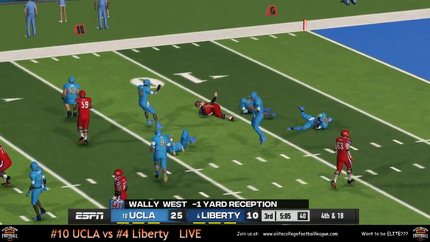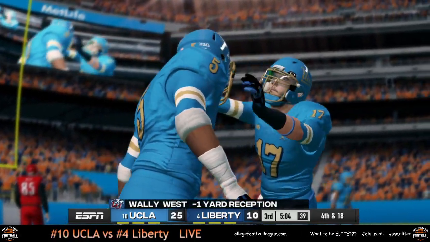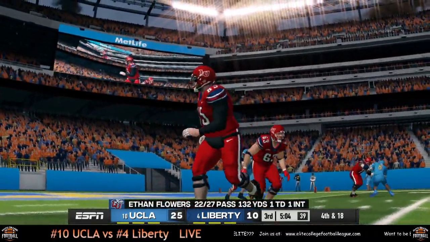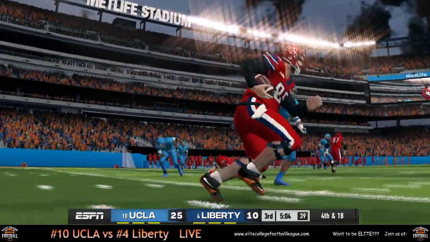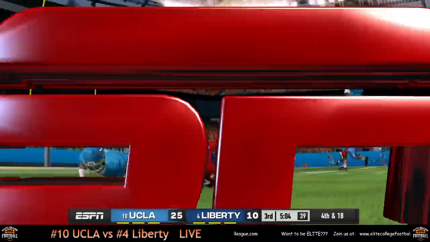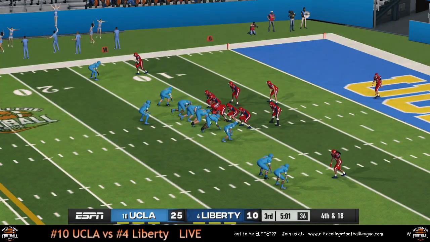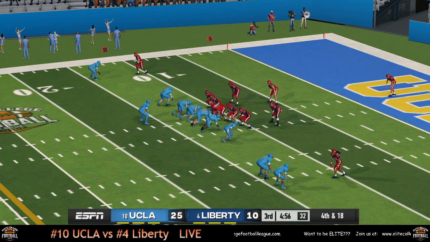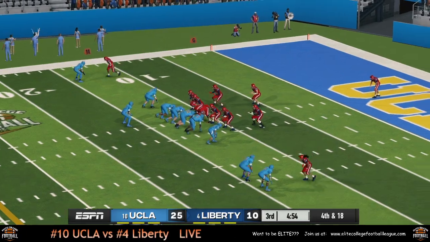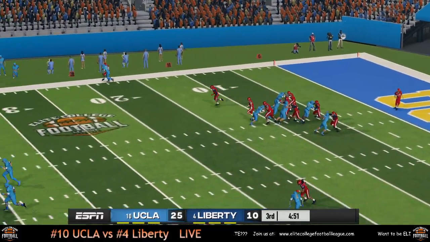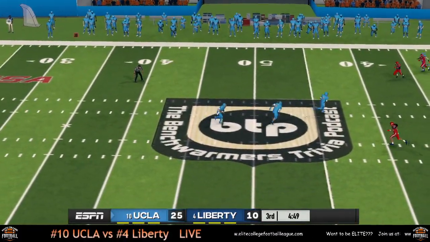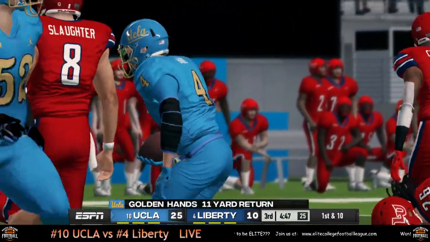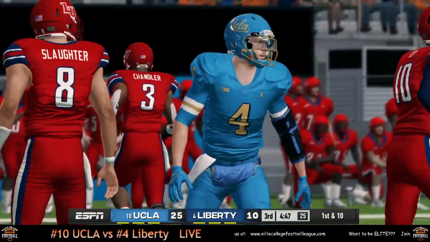Green play, and that's going to be shut down for negative yardage. 4th and 18, and they should be punting back to UCLA. UCLA is going to be starting in good field position at Liberty's 40-yard line.